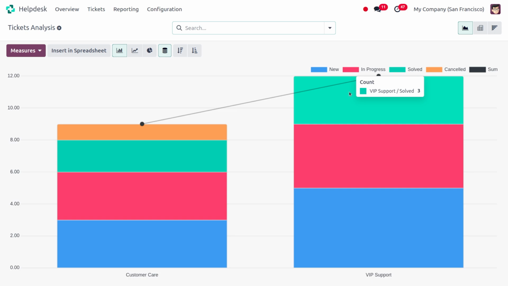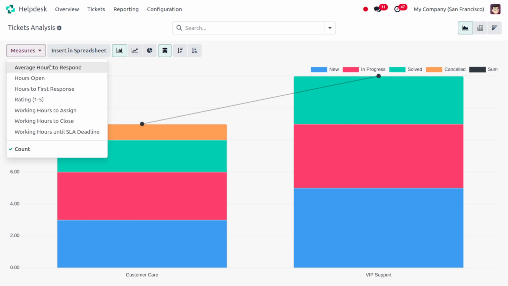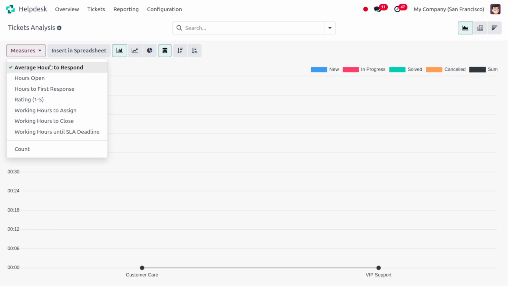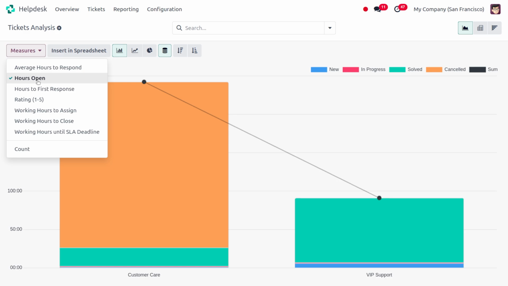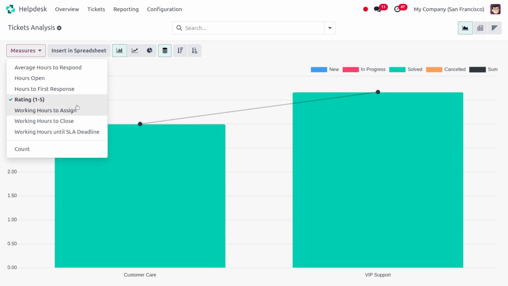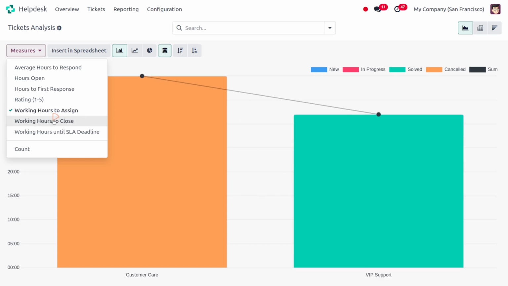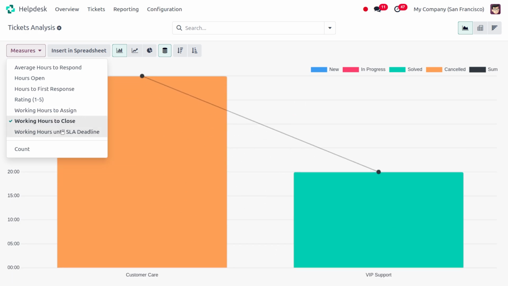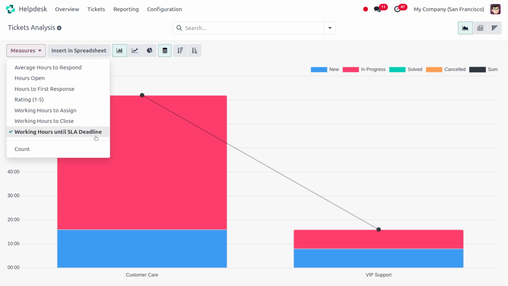So, if you want to get any other analysis, you can also just go to the measures, and here you have other measures like average hours to response, hours to open, hours to first response, rating, work hours to assign, work hours to close, and working hours until SLA deadline.